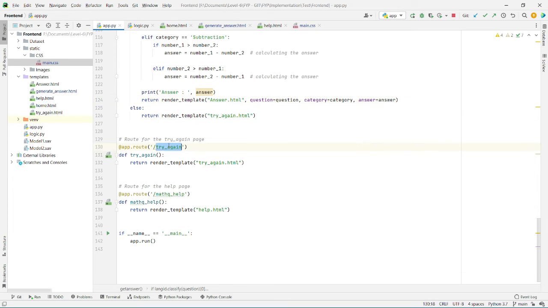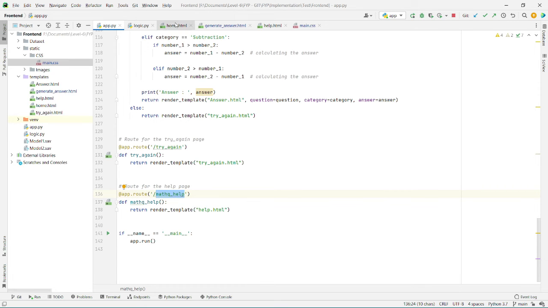This is the try again route, where if the user entered a non-Sinhala question in the answer generation, then the template of the tryagain.html page would be rendered. And this is the route for the help page.